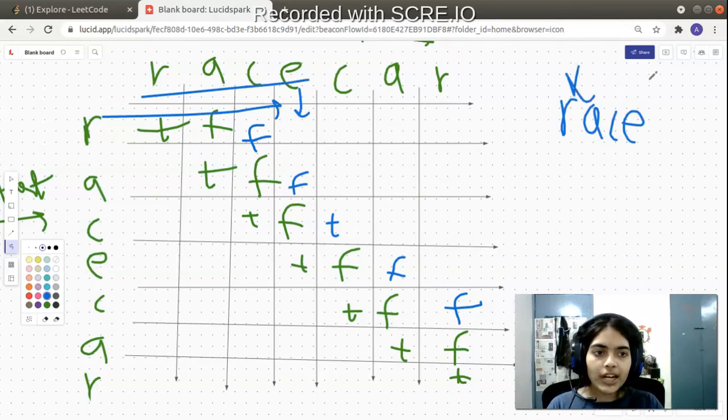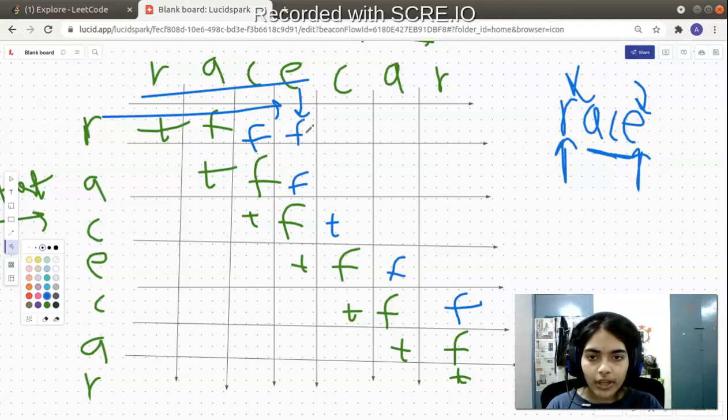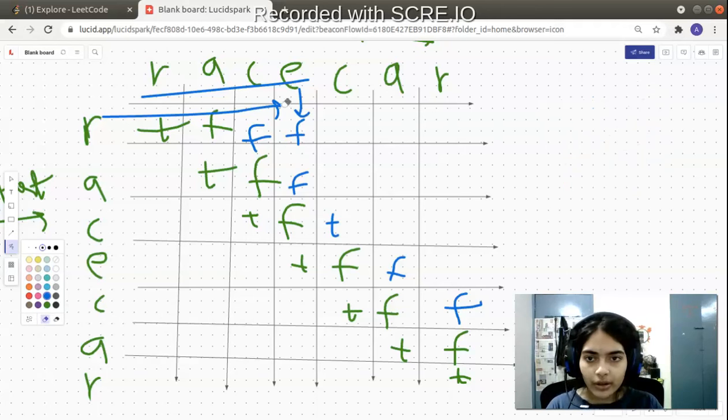We just check the first and last character, and for the middle strings we find the value from the DP table. Okay, here we see R and E are themselves different. If the first and last characters are not the same, how can this be a palindrome? So we simply fill false. Okay, so let's do this quickly now. If we have got the logic, I think it will be easier to fill the DP table.